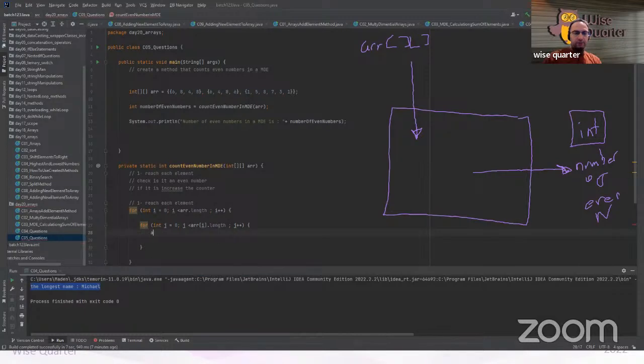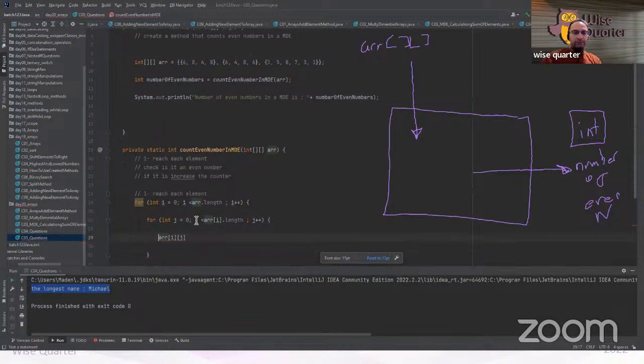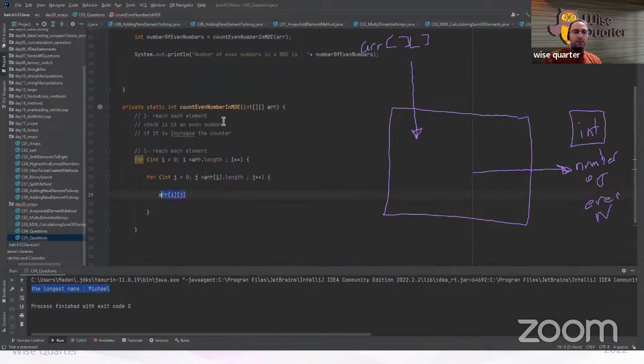Array. E and G will be the elements of this multi-dimensional array. Now we need to check it, right? I will delete this part. If this array element is a number,